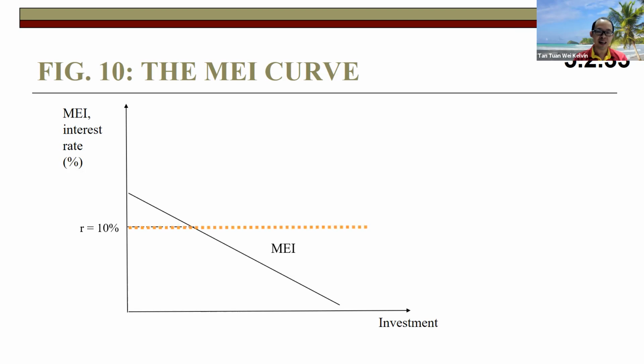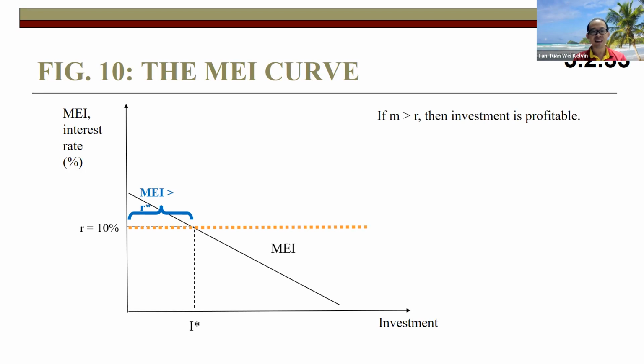So this is the MEI curve. This is the rate of interest. This 10%, you can think of this 10% as the cost of borrowing that the bank charges the firms. So can you see that at 10% interest rate,